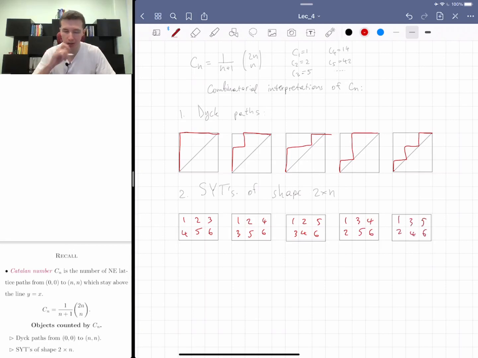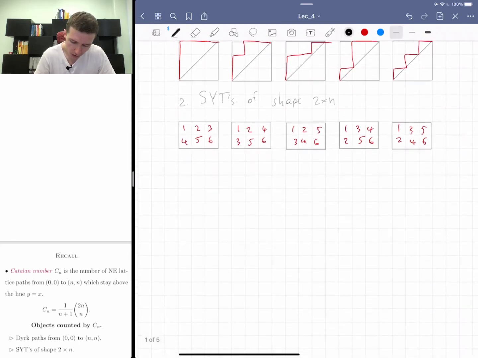I explained a bijection between these two last time, even though proving that it's a bijection was an exercise. Now let me reveal a few more, which is kind of tricky. It's much harder to come up with bijections for what I'm about to explain, but the objects themselves are very natural. So the third one is